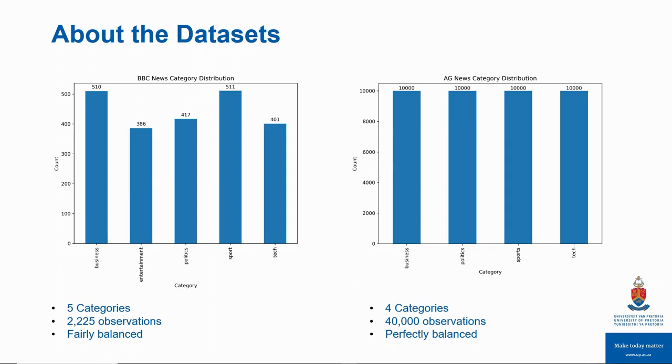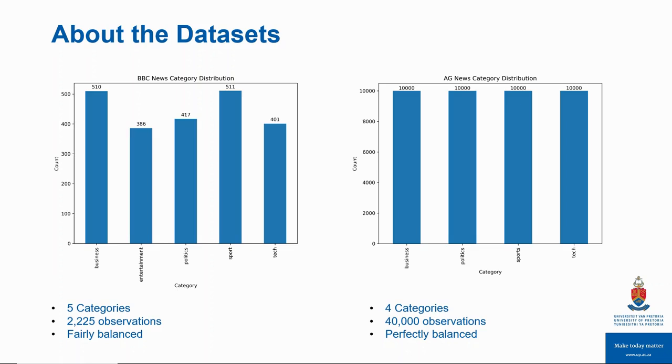2 labeled datasets are used for this project. The BBC News dataset, which has 5 categories: business, entertainment, politics, sports, and technology, and has 2,225 observations. This dataset is fairly balanced. The AG News dataset has 4 categories: business, politics, sports, and technology, and has